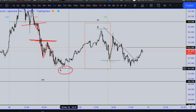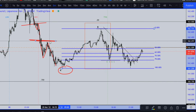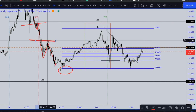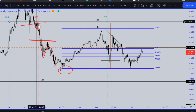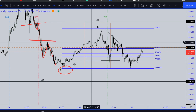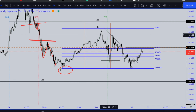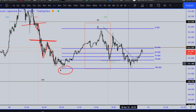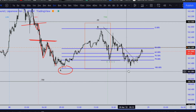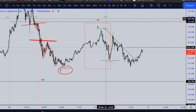As you guys can see, very easy A to B move, taking our Fibonacci again from the low of the A move to the high of the B move. Again, breaking previous market structures. In the fractal nature of things, we can see here that New York session took a sell move and created lower highs. Asia session reversed the market, created a new A to B move. All we did was took our fib from the low to the high, saw that price came into around the 79 to 85% discount. We took buy positions based off the manipulation range prior to Asia session, and we are